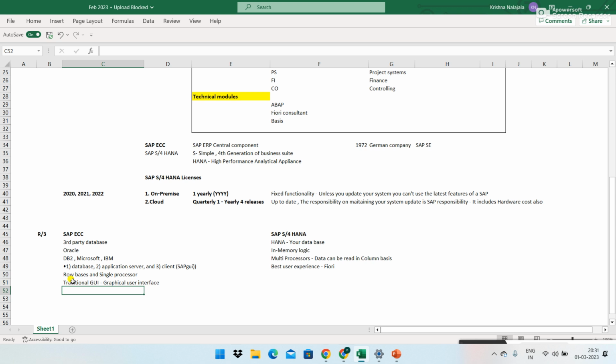Interface. So GUI, in a sense, is whatever screen you are seeing with a white background and black letters and menus, this green color. This is nothing but a graphical user interface. This is how we are interacting with the system. The machine is interacting with us, right? The screen, basically, is the user experience.